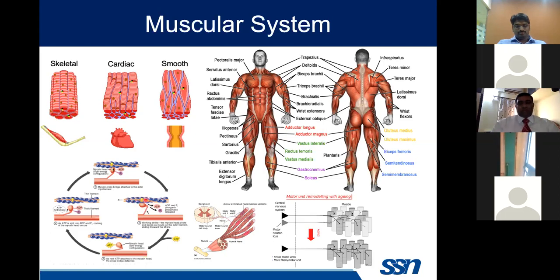Piconewtons of force are generated at each and every myosin fiber. Then this ADP and inorganic phosphate get detached, and a new ATP is needed. So this cycle keeps on going as long as calcium is available inside the muscle. This opening of calcium channels happens when the action potential from your motor nerve comes and ends on the